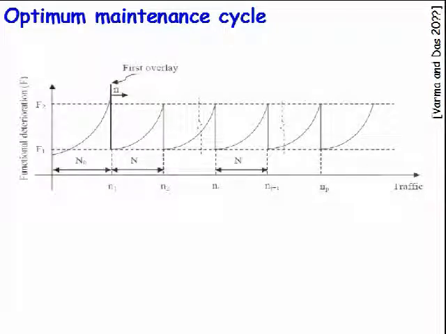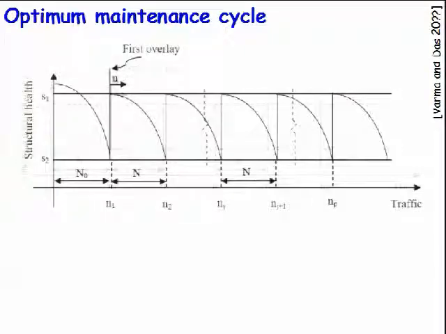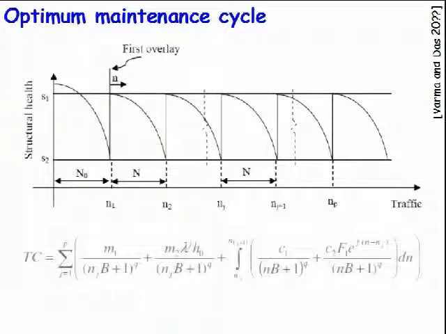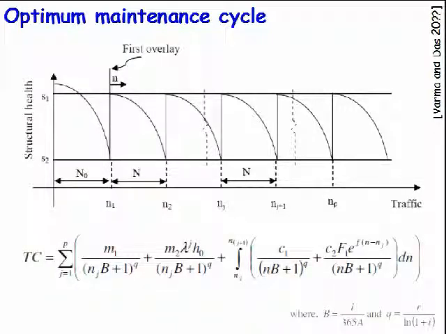So that's how we worked on the optimum maintenance cycle, and this is a paper which is under review in TRB now. And then there are a series of papers published by Professor Madanath and others. So what we did, we separated the functional and the structural aspects, and we also considered this factor lambda, which accounts for the additional benefit I'm getting in the subsequent equal amount of overlay.